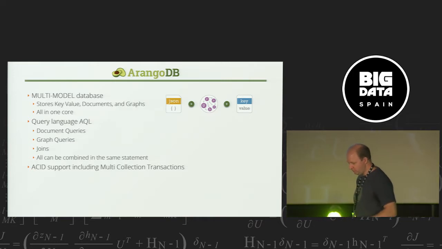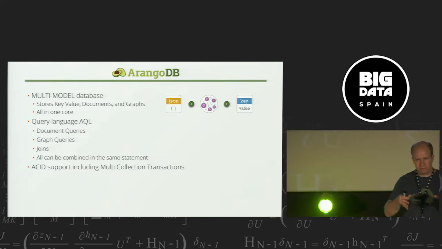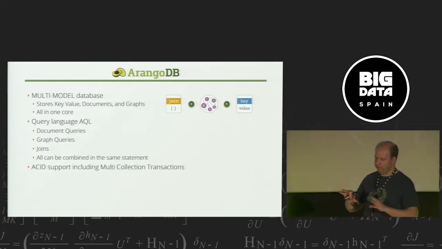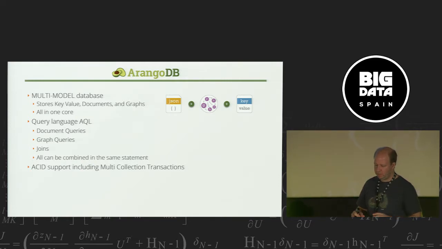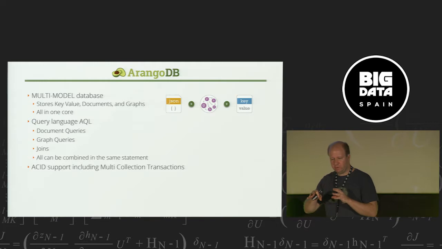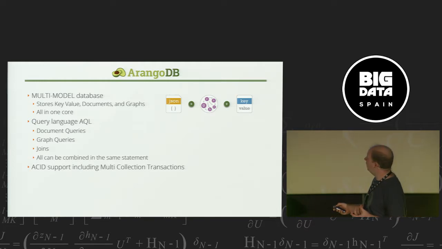Now, I've always said graph database, and then I've said I work for ArangoDB. Well, ArangoDB is a graph database, but it's not only that. Because what we've found is that in many use cases, it is useful to have graph functionality and be able to query graphs. But it is even better if you can do other queries as well and store other types of graphs as well. So therefore, ArangoDB is a multi-model database. It supports multiple data models,